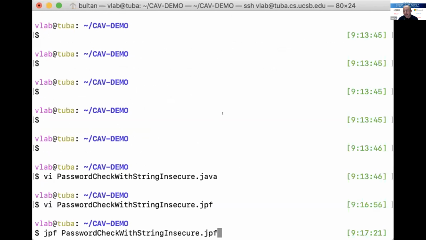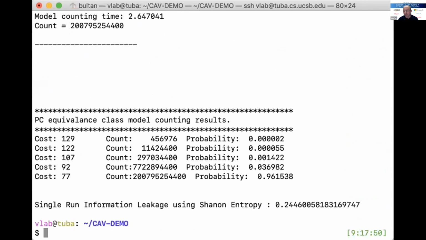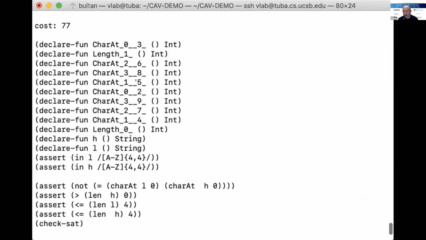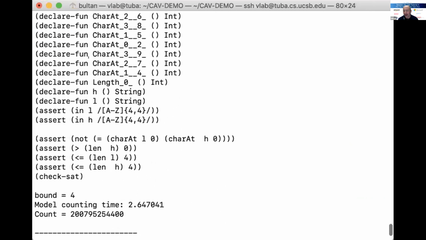So if I run this early termination one, it computes path constraints, and the path constraints are listed here. Here are the SMT formulas for the path constraint. This cost is the number of instructions it executed for that particular path.